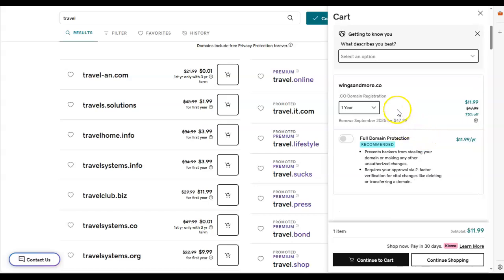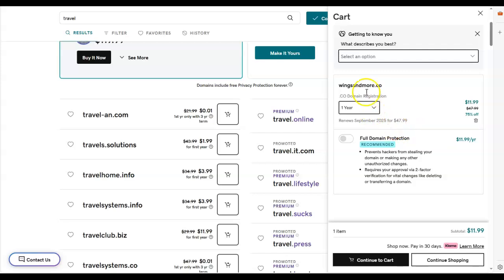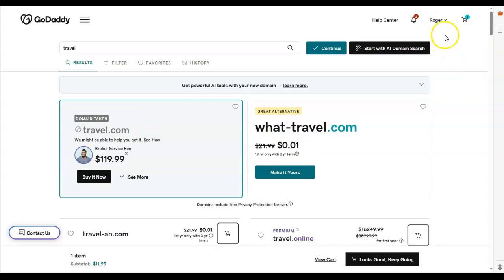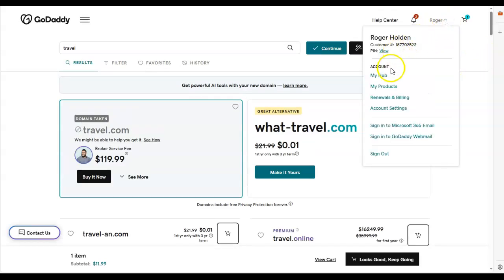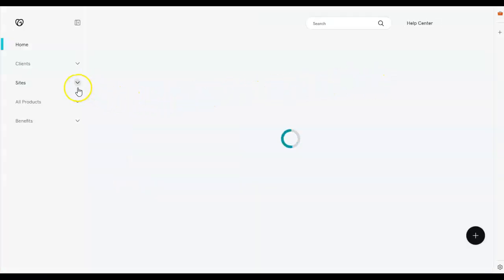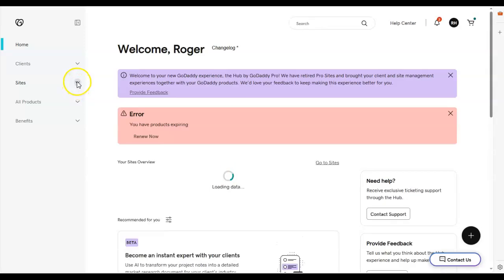Okay, so I got rid of all that, and now I have this one address right here. So I can go ahead and buy this right now, but just for showing your sake, I'm going to go into my account now because I have other domain names in there. And I'm going to show you what we need to do to go ahead and,